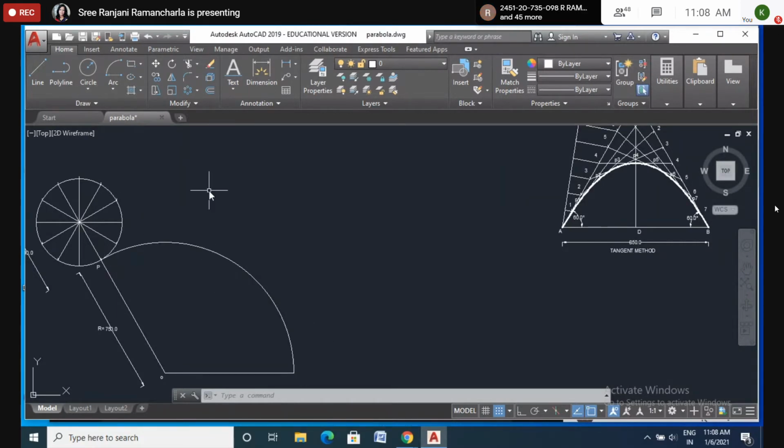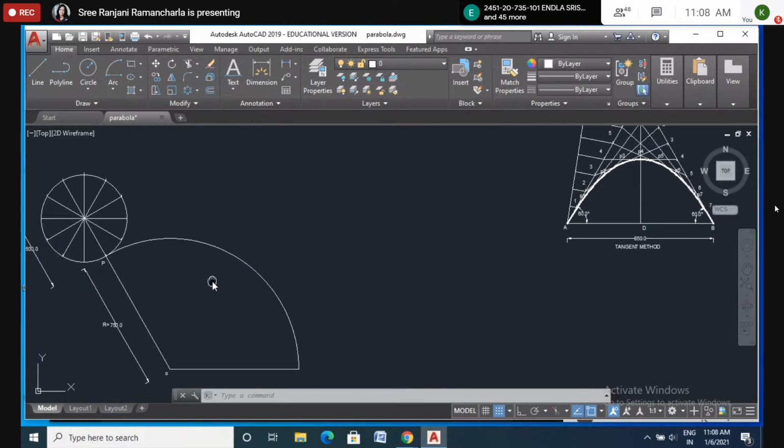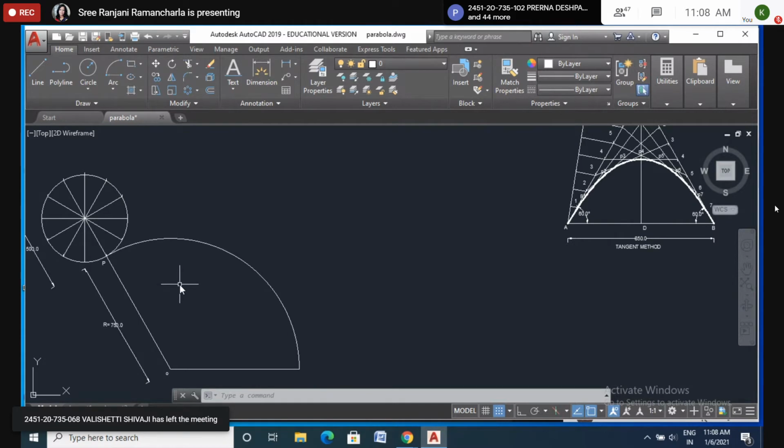Of course, in AutoCAD, ma'am. Yes, one second. Ma'am, how did you draw that curve? One second, please don't concentrate on the AutoCAD. I will explain later, right? With compass only, ma'am? Yes, ma'am.